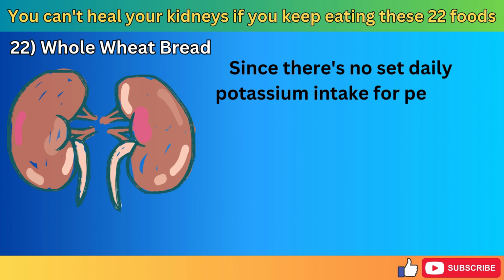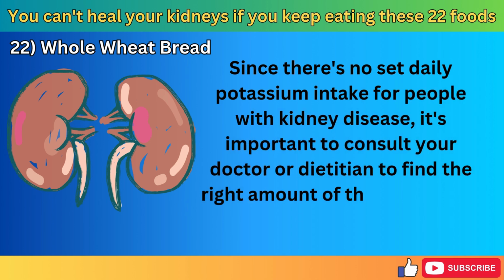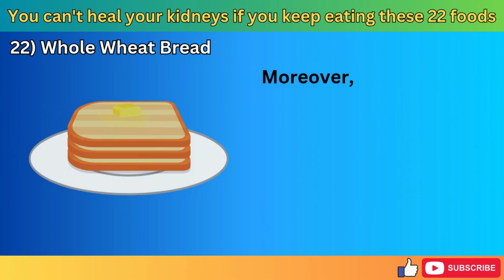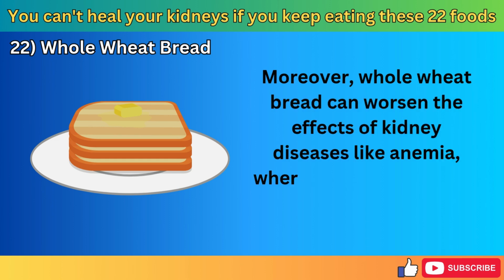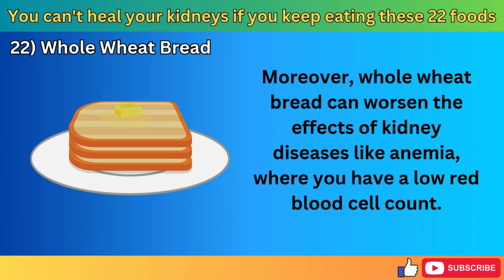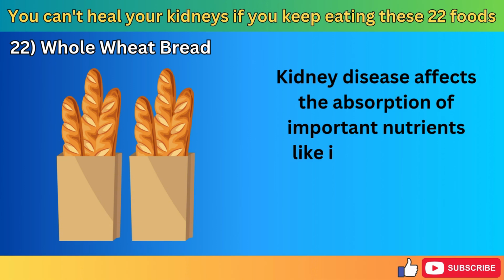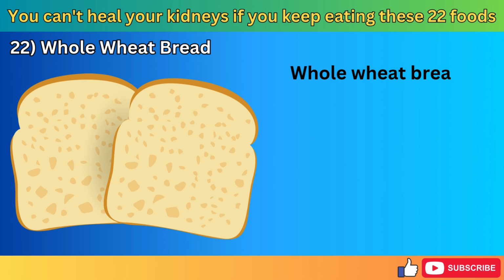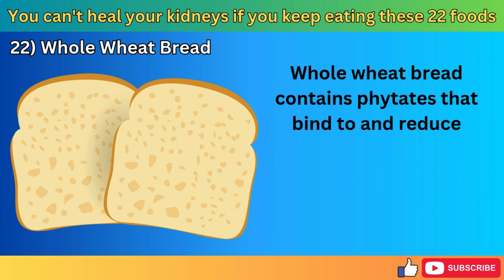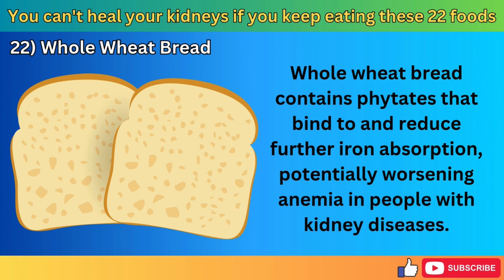Since there's no set daily potassium intake for people with kidney disease, it's important to consult your doctor or dietitian to find the right amount of these foods for you. Moreover, whole wheat bread can worsen the effects of kidney diseases, like anemia, where you have a low red blood cell count. Kidney disease affects the absorption of important nutrients, like iron, which are crucial for making red blood cells. Whole wheat bread contains phytates that bind to and reduce further iron absorption, potentially worsening anemia in people with kidney